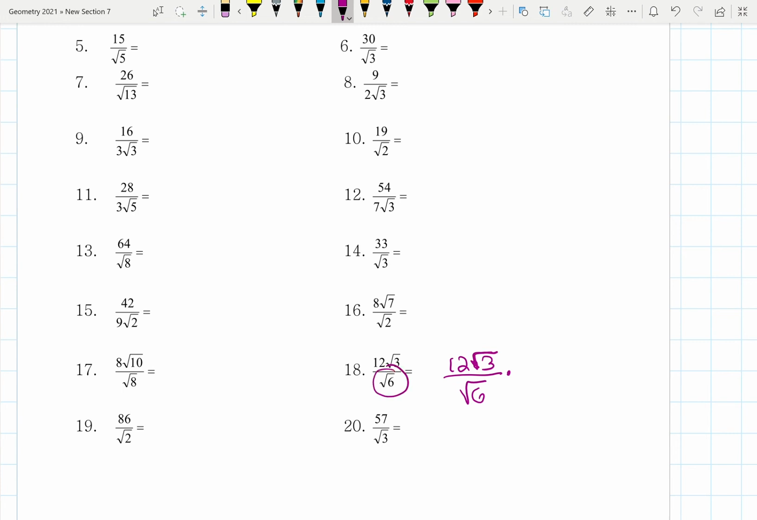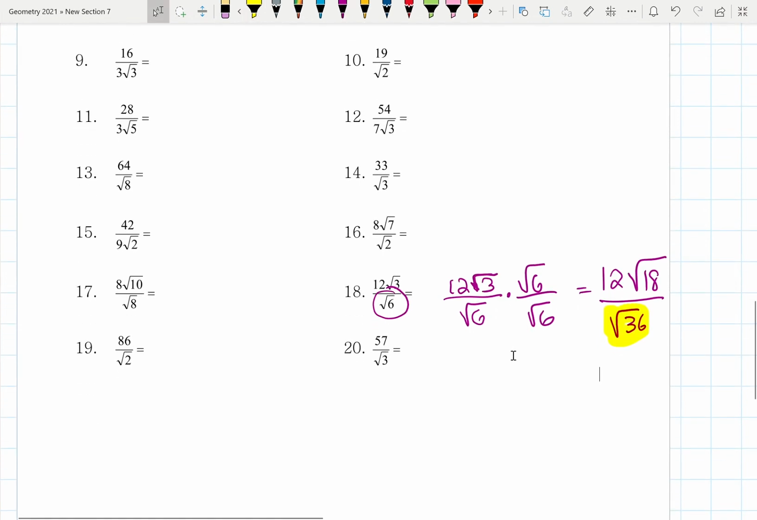And I hope you said square root of 6 over square root of 6, whatever that square root in the denominator is. So you end up with 12 square root of 18, because you can put the two square roots together under one, over square root of 36. Well, we know what the square root of 36 is, don't we? That's just 6. So that becomes 12 square root of 18 over 6. 6 goes into 12 two times, 2 square root of 18, and you think you're finished, but you're not,